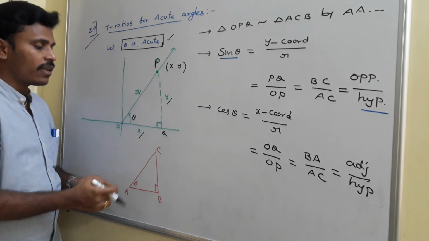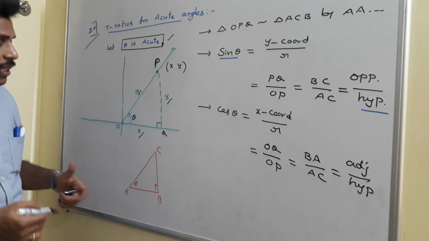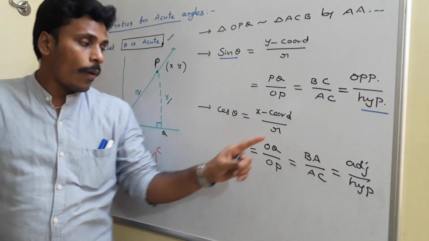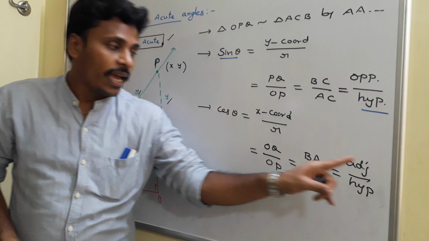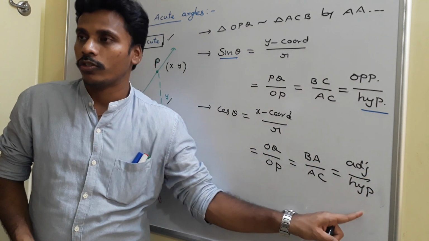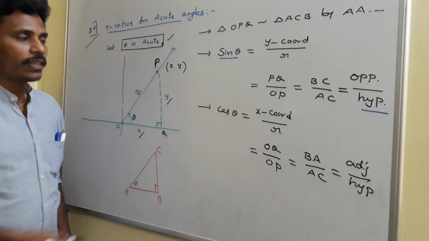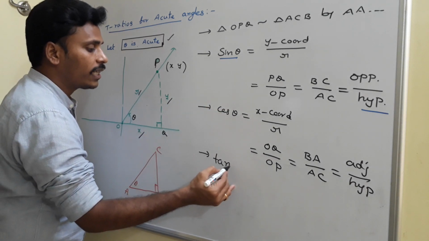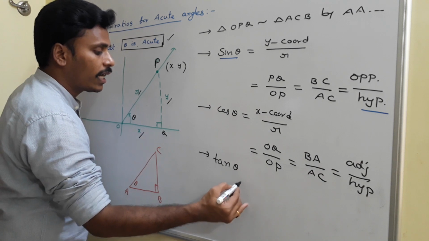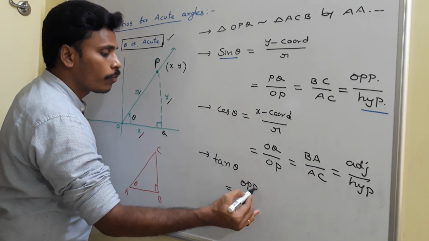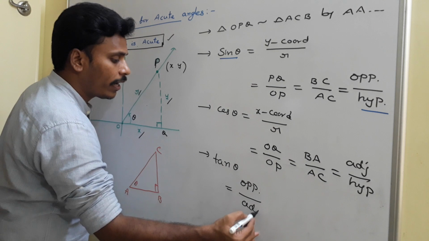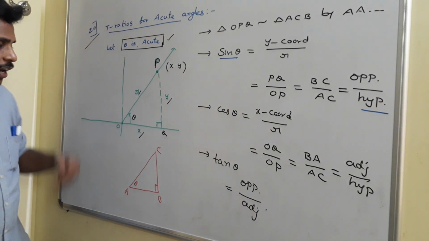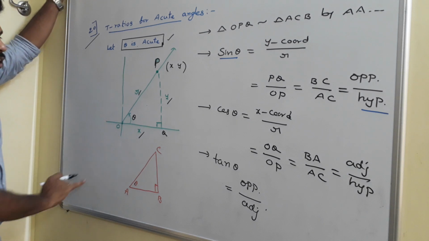In such a case, sin theta can be calculated as opposite side of theta by hypotenuse, whereas cos theta can be calculated as adjacent side of theta by hypotenuse. And that is very clear, okay? That is the basic definition. If you combine these two, you will get that, directly writing for the right angle triangle, tan theta is equal to opposite side of theta divided by adjacent side of theta. So these are the three trigonometric ratios. For the space concern I am mentioning them here.